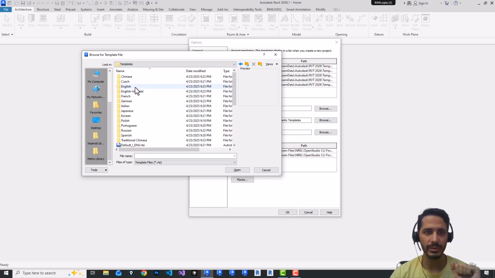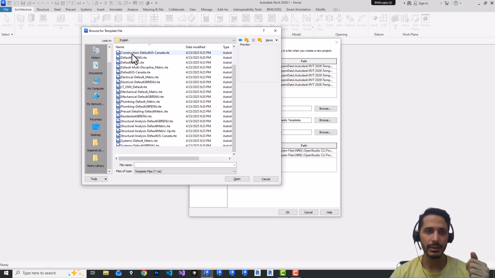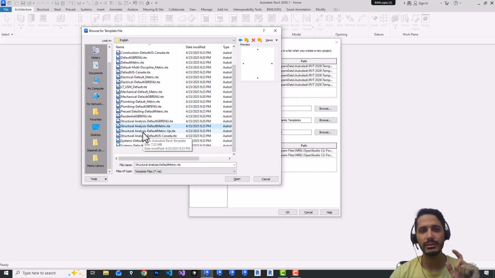If you open it, and English for English metric, these are your pre-built project templates. For example, Default Metric here is for architecture, Structural Analysis Default Metric for